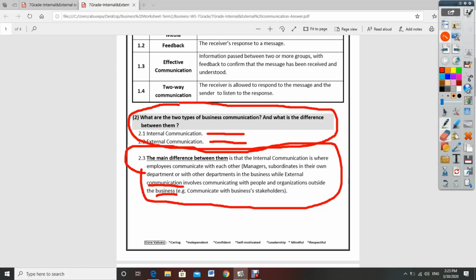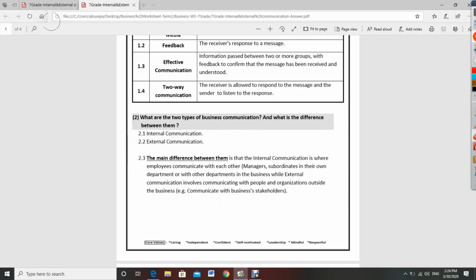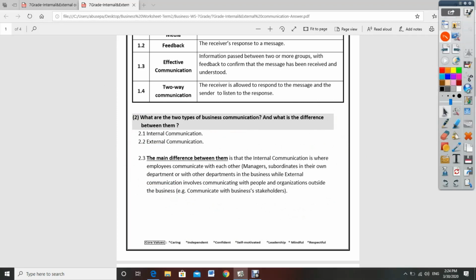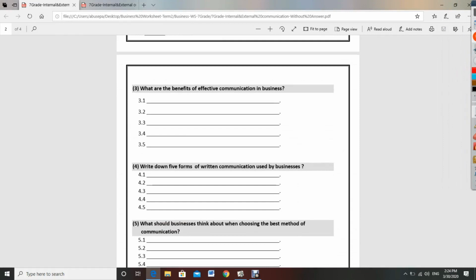Okay, let's erase that. Let's go directly to question 3 in the worksheet. What are the benefits of effective communication in business? The answer is,